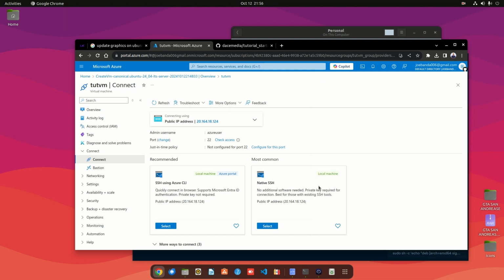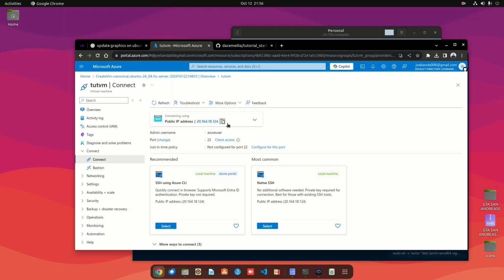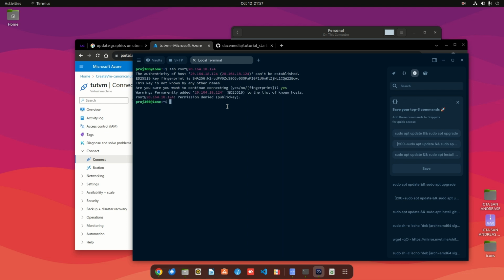Actually, I just realized something. So if we come to our terminal here, if you check this drop down, you've got a private key and a public key. So if you come to your terminal now and just say SSH root at, and we drop our IP address, which is our public IP address, you'll be greeted with a message asking if you want to continue with the fingerprint. So you just say yes, and then